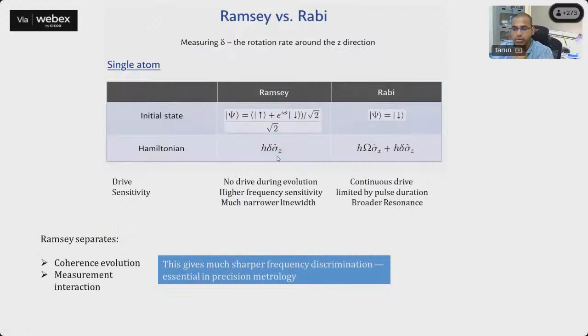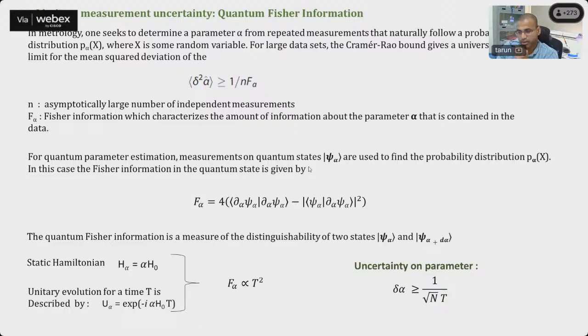Okay, so we already know what I was explaining, the difference between Ramsey and Rabi. Now let's move to the next topic. So till now I have not talked about time-dependent Hamiltonians. Whatever I was talking about was independent Hamiltonian, and the precision is given by the Heisenberg limit. Now I'm going to talk about how we can go beyond that precision if we apply a time